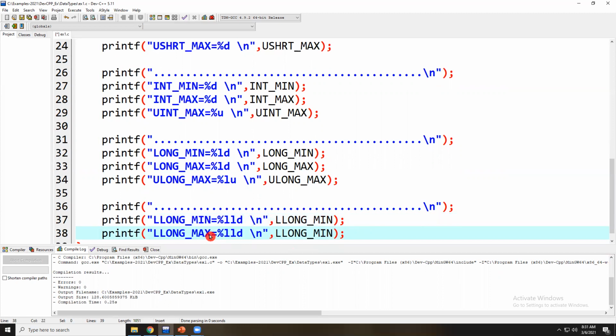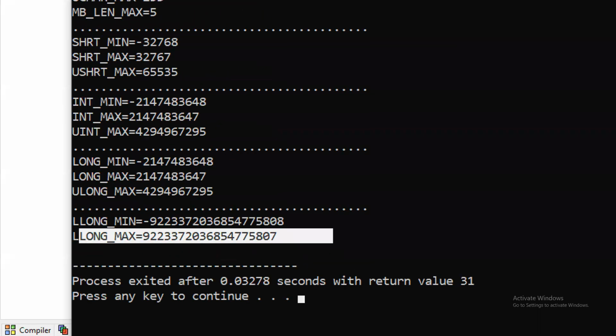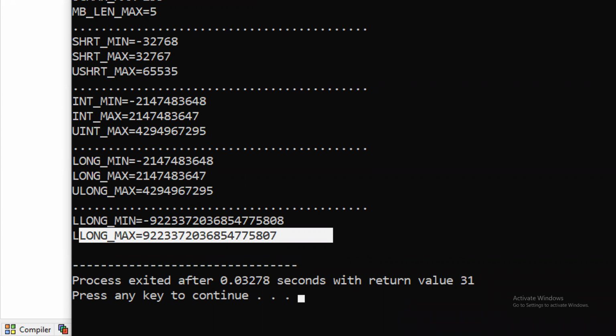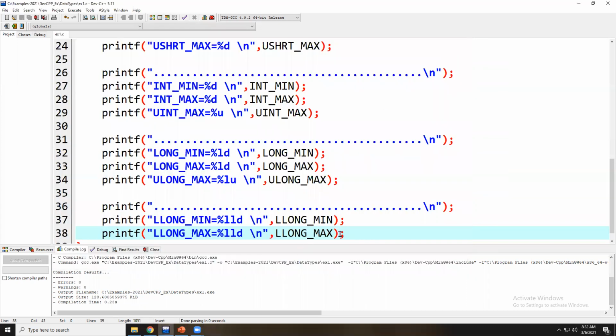The constant is LLONG_MAX, and the format specifier is %lld. It prints the long long max value, as we discussed in the table: 9223372036854775807. That is the long long max range value.